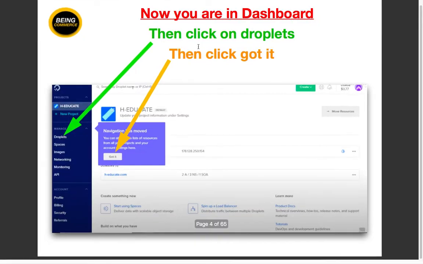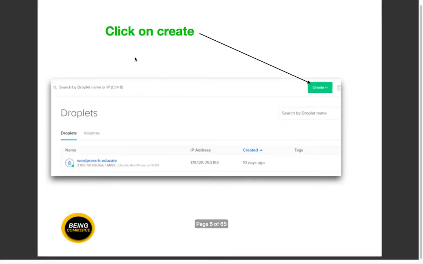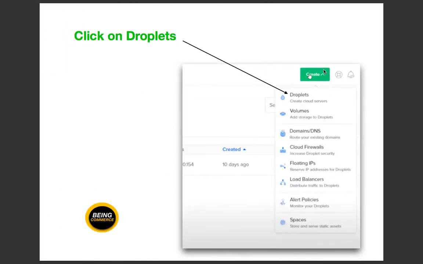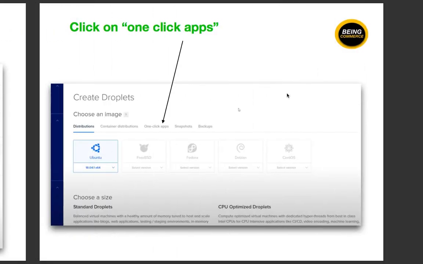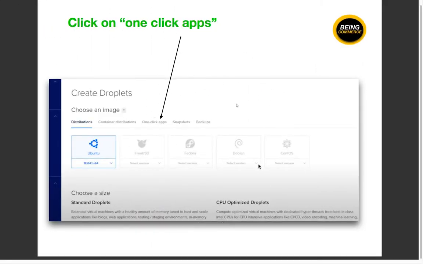Then you have to click on droplets, then click on got it. When you click on droplets, you will come to this interface, and at the top you will get a create option. You need to click on it. When you click on it, you have to click on droplets. Then it will look like this.